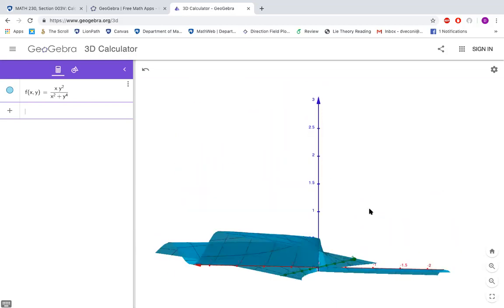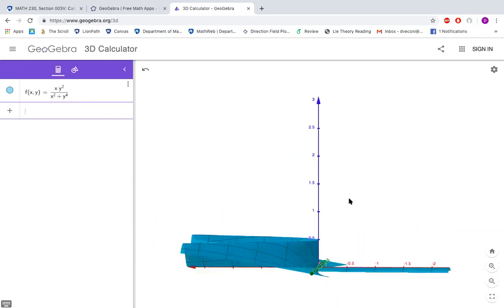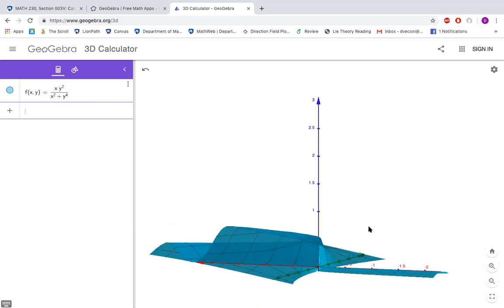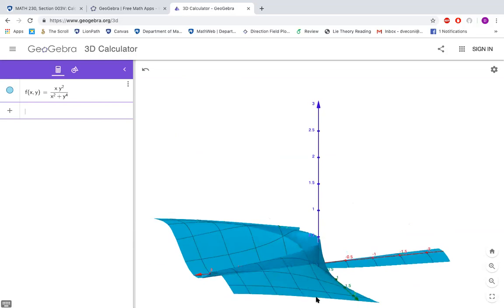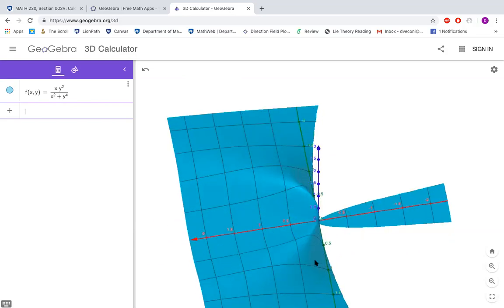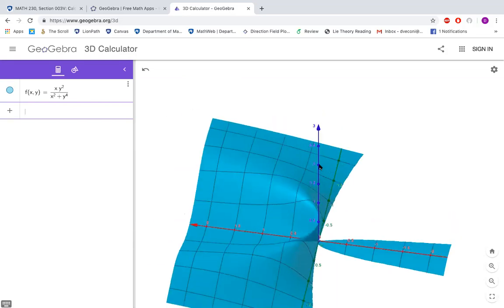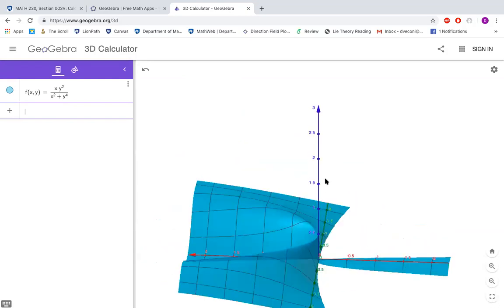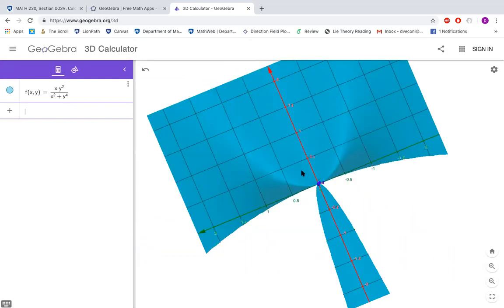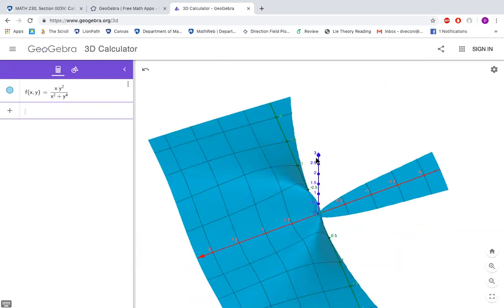Or to put it another way, you're always starting at 0 in that case. If you go along any other line, you get around that ridge and then you start plummeting down to 0 very quickly. But if you go along the parabola itself, we can kind of see this in the shape of this graph. If you go along the parabola,